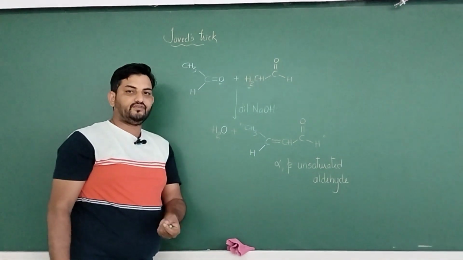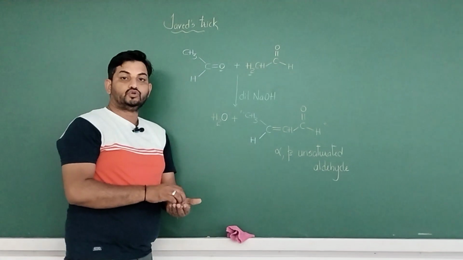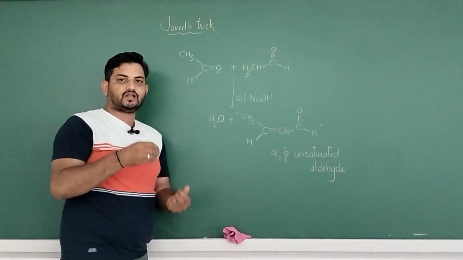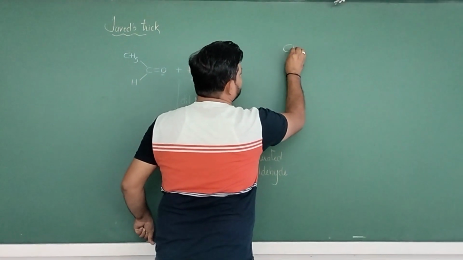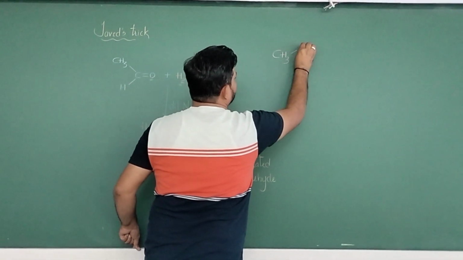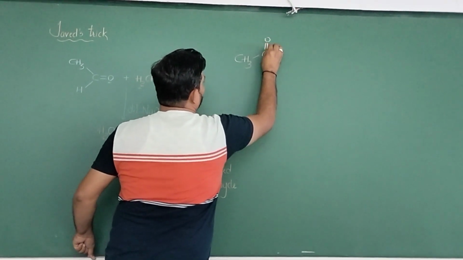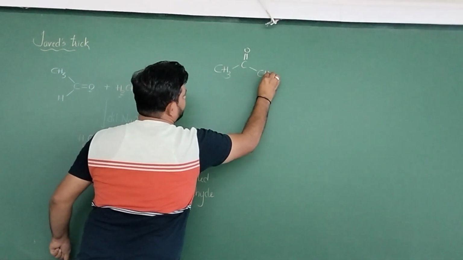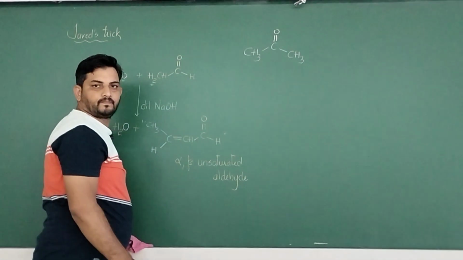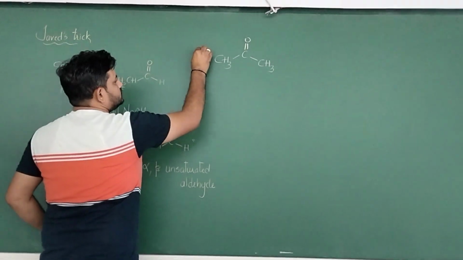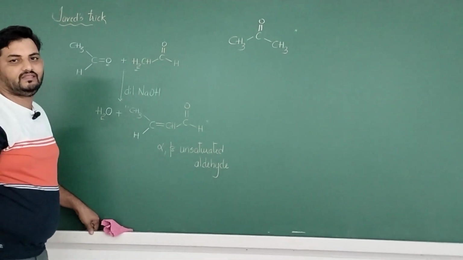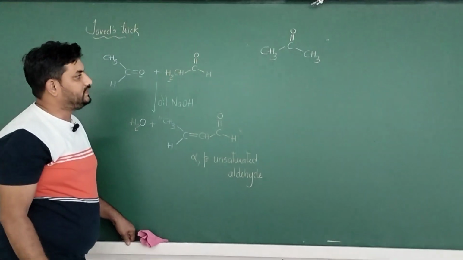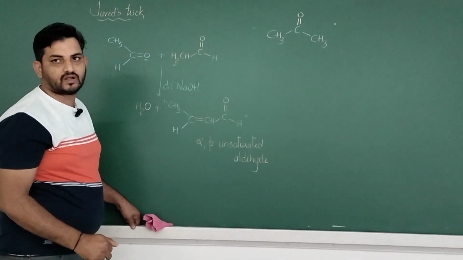So for your reference, to know whether you have understood the reactions thoroughly or not, try the trick using acetone as one of the reactants. You can have 2 moles of acetone and try an aldol condensation using this. Use acetone, think about the product and answer me in the comments. In the next session, we will be having a cross aldol condensation. Thank you.